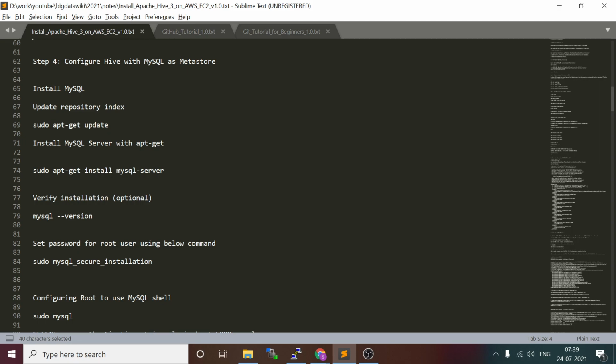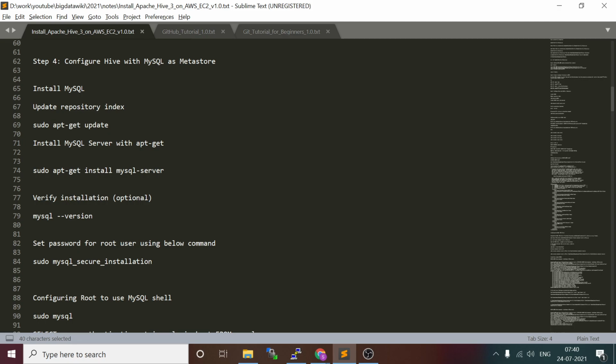There is a component called the metastore. The metastore is basically a database which stores the Hive tables' metadata. It should be an RDBMS database so that it can hold your metadata in the form of tables. By default, Hive comes with an embedded database called Derby.